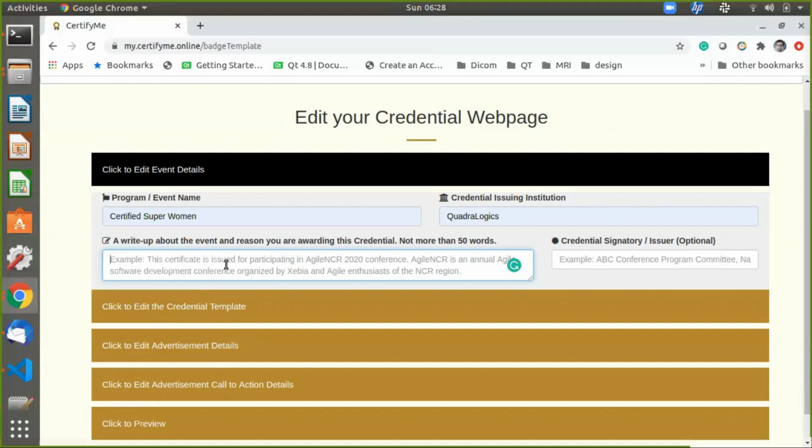This particular part is going to be a common element across all the credentials that you would be issuing under this template. I'm just going to give a very small example. You can write not more than 50 words, but ideally two or three sentences would look good. More than that looks a bit too clumsy. So what you wanted to say about this event, or why you are awarding this in a generic way, would be a good thing to write right over here. So right now I'm going to write